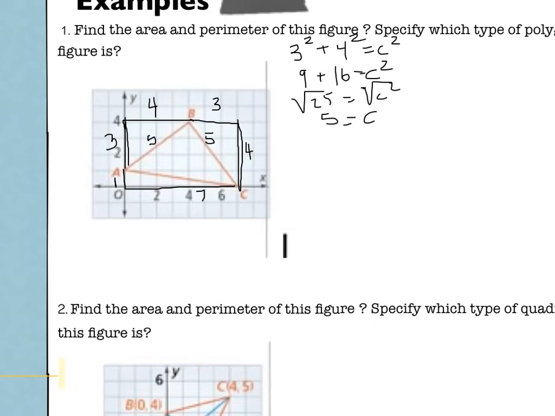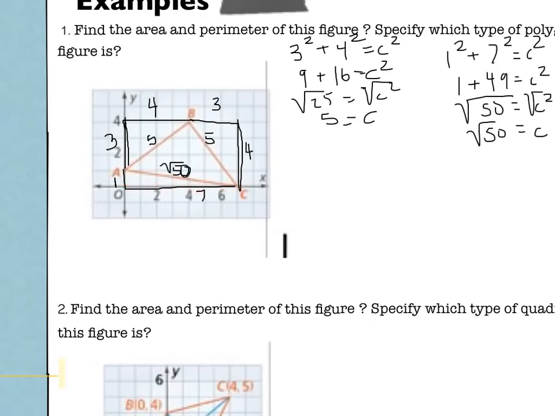This triangle here, 3, 4. BC turns out to be 5. And at the bottom, we've got 1 and 7, which makes AC. This makes AC clearly radical 50. So now I'm able to say that the area of this figure is going to be